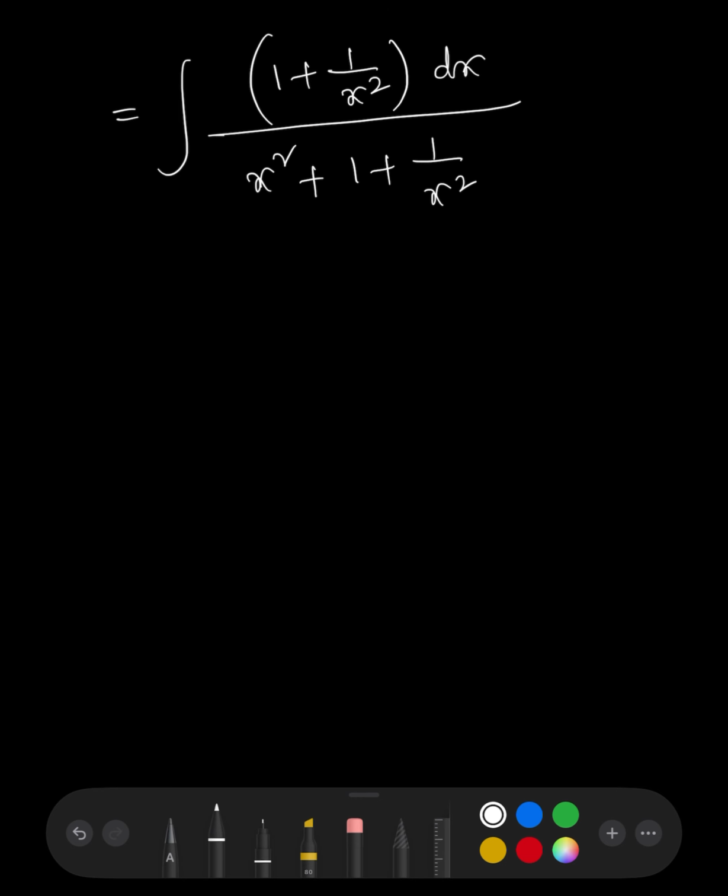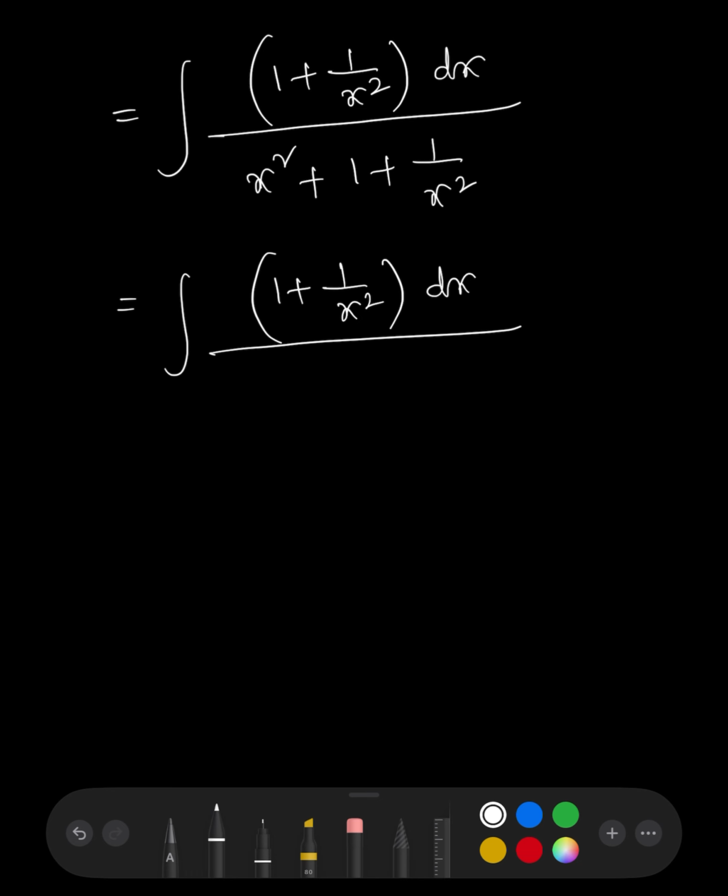Now this is integration of 1 plus 1 by x square whole dx divided by, now we can write in the order x square plus 1 by x square, that plus 1 I can write as minus 2 plus 3,